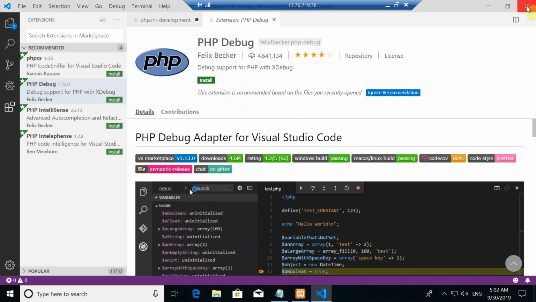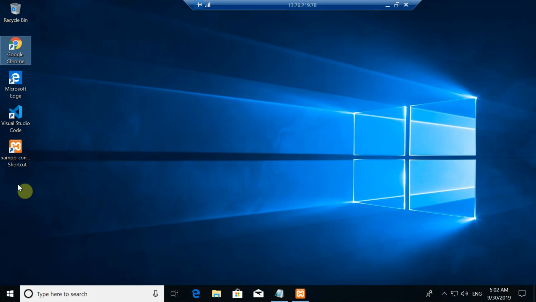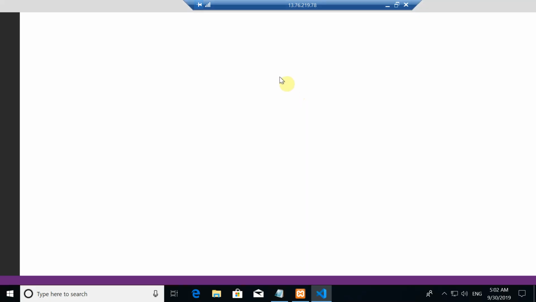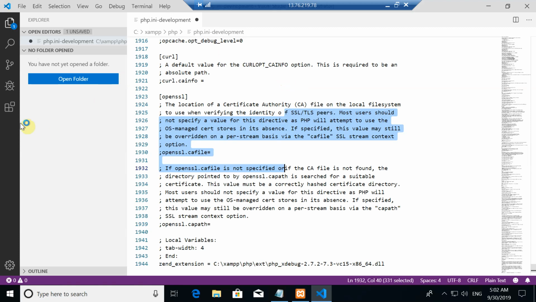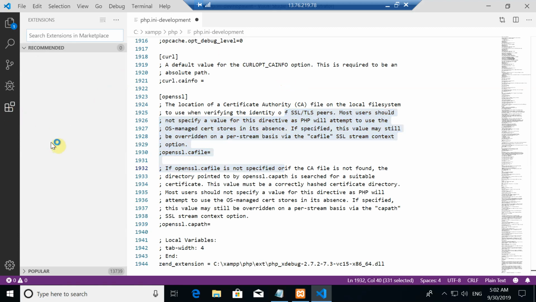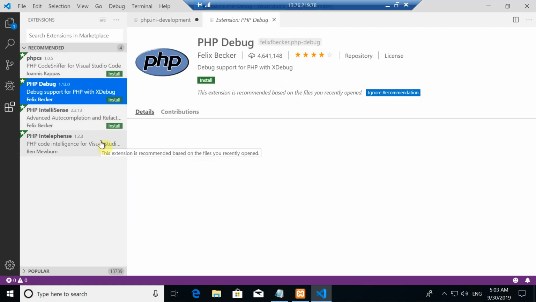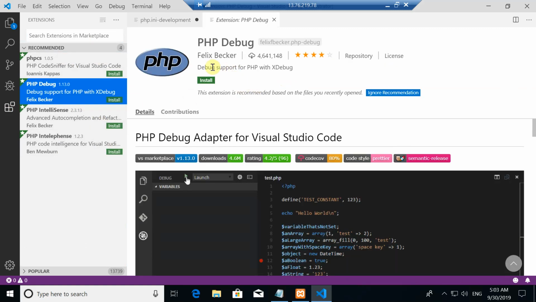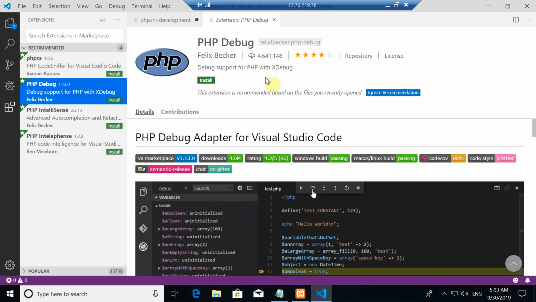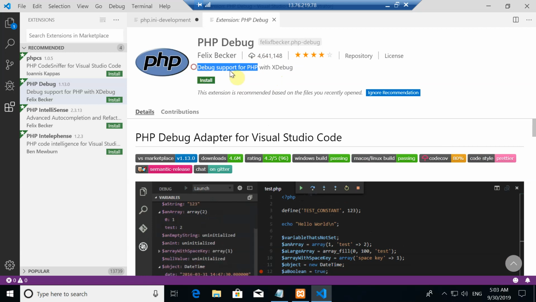So if I close this and I open code from here, like I'm opening it fresh, I'll show you how I got there. I go to extensions, and here there are some recommended extensions listed for me, and one of these is PHP Debug. It seems to be a very popular extension. There are more than 4 million downloads for it, and it says debug support for PHP,